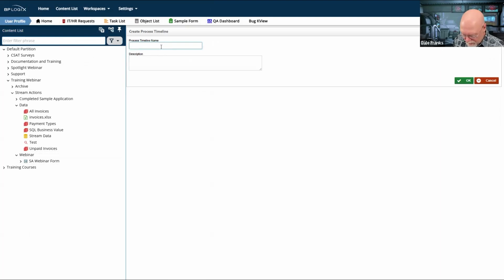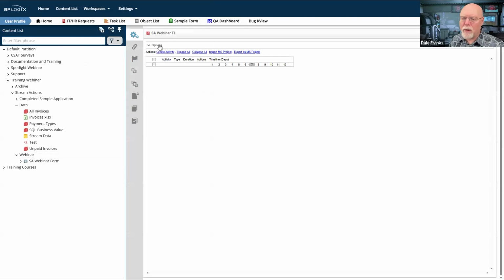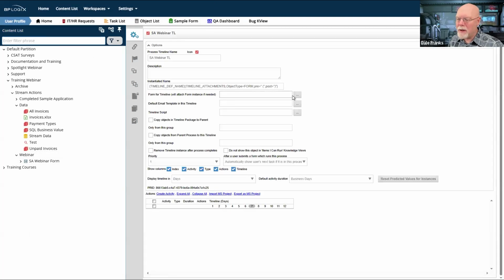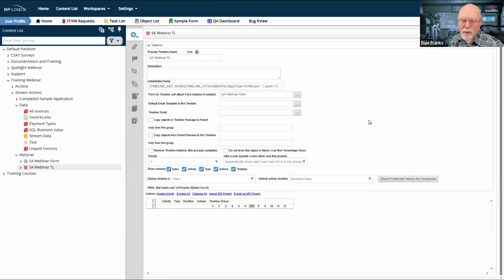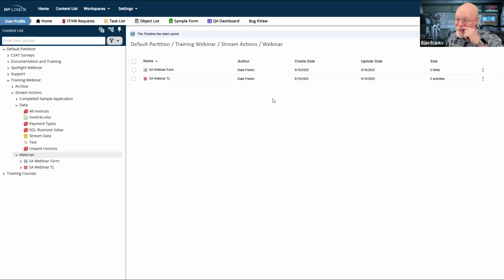And we will call this the SA webinar timeline. And I'm not going to do any configuration on it yet, except to associate the form for timeline with the webinar form and hit OK. And that's just a best practice to connect the timeline to the form.